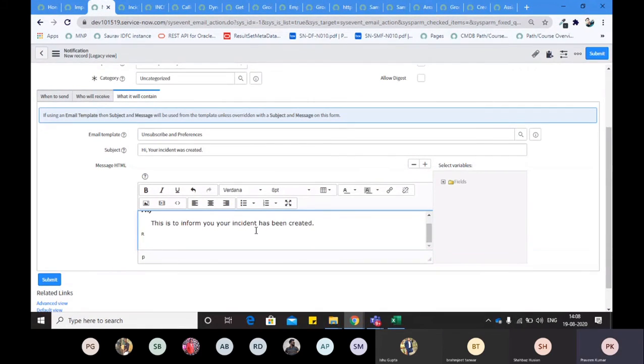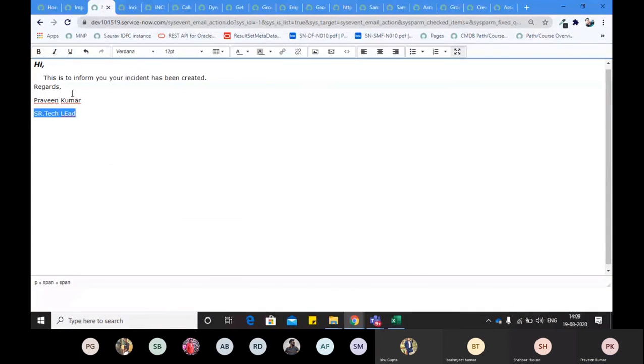It's Praveen Kumar, for example, right? Whatever signature you want to put, I put those signatures. So hi, this is just to inform you. This way, this will become the body of your email, okay? And if you want to do some formatting, there are some formatting options available here, right?